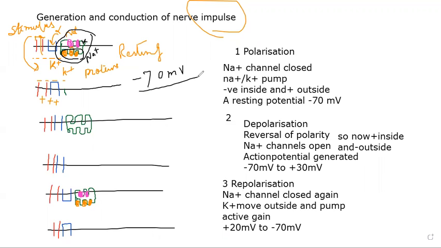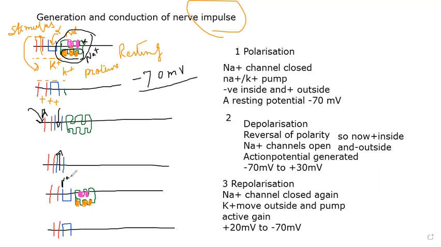And during this stage, the nerve fiber is known to be the polarized nerve fiber. So the polarized stage is indicating that there is no nerve impulse. Now let us see what happens when a stimulus arrives at a point A in the nerve fiber. As soon as this stimulus arrives at this point, you can see that the channels for the sodium ions also open. Now you can visualize what is going to happen.